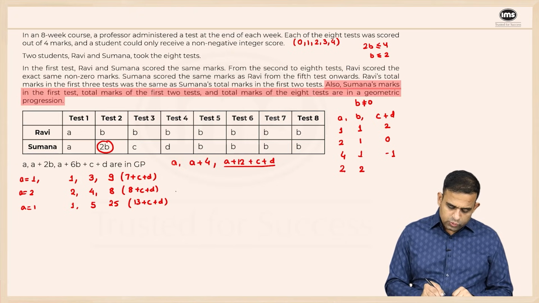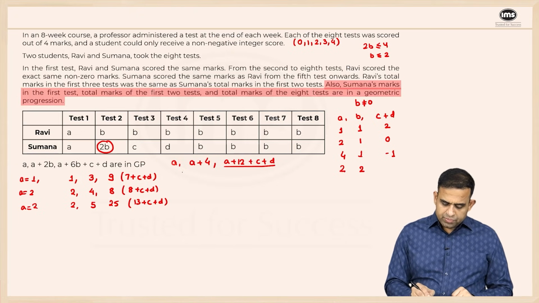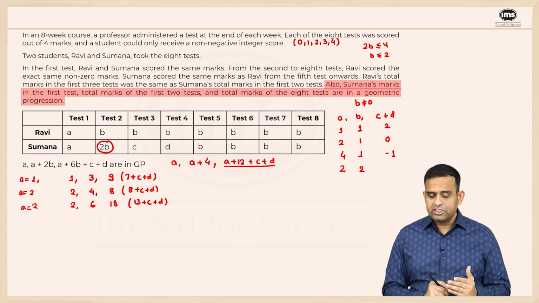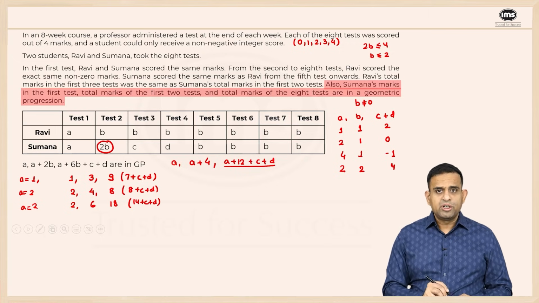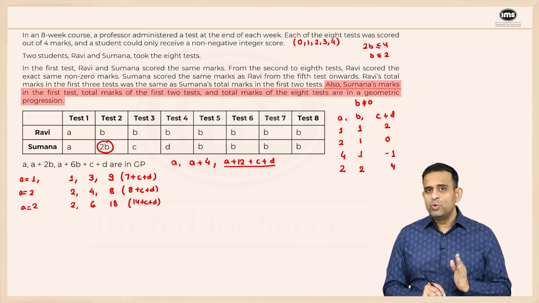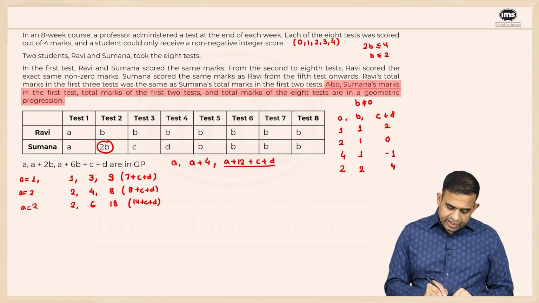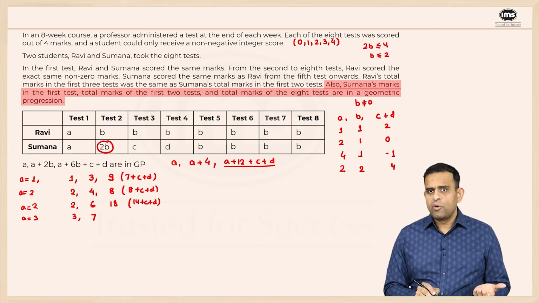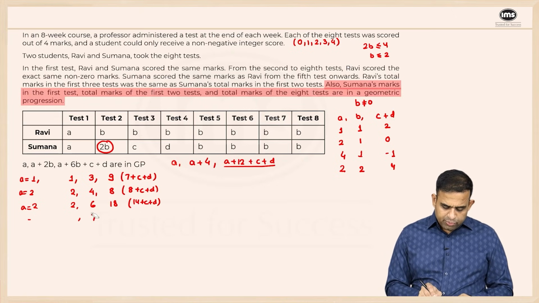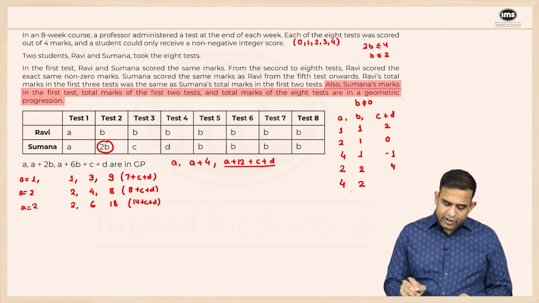Let's take A to be equal to 2. If A is 2, then this will become 2, this part will become 6, and this part will become 18, because 2, 6, 18 will form a GP. Now in this particular case, this will become 14 plus C plus D. So C plus D equals 4 is very much possible with 4, 0; 3, 1; 2, 2; 1, 3; and 0, 4 combinations. Then if I take, suppose, A to be equal to 3, then you will have 3, 7. In that case, your third term is not going to come out to be a proper integer. Finally, suppose I take the case of A to be equal to 4, B to be equal to 2,